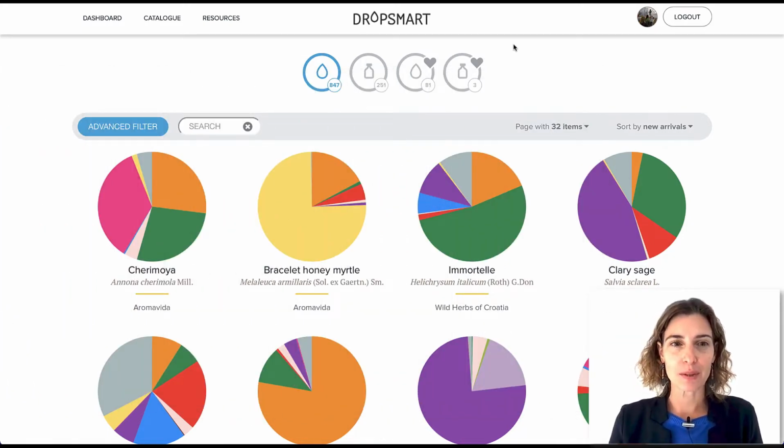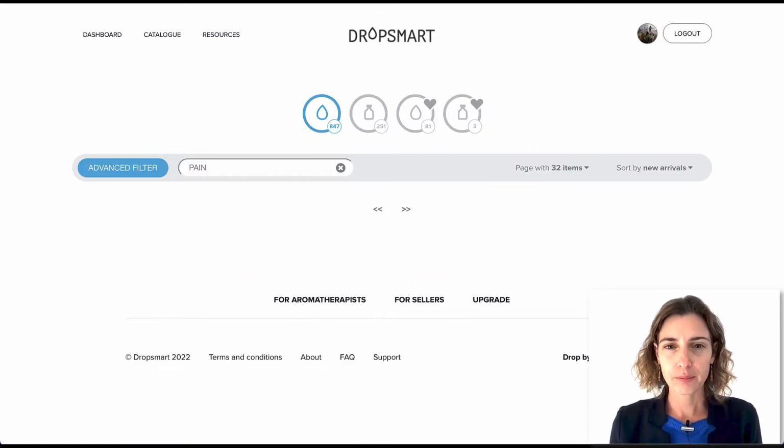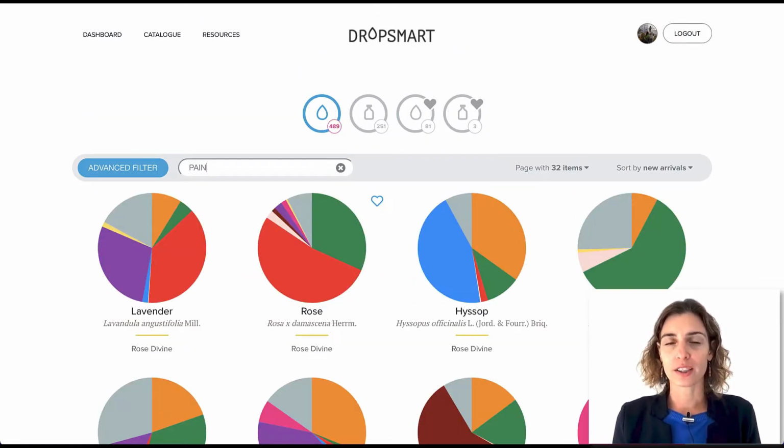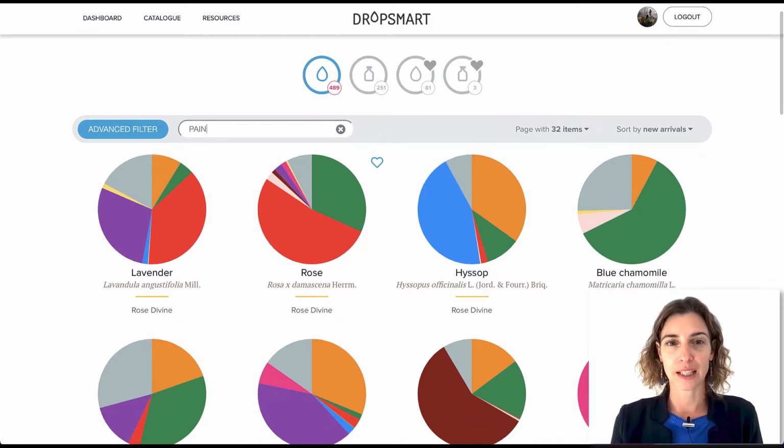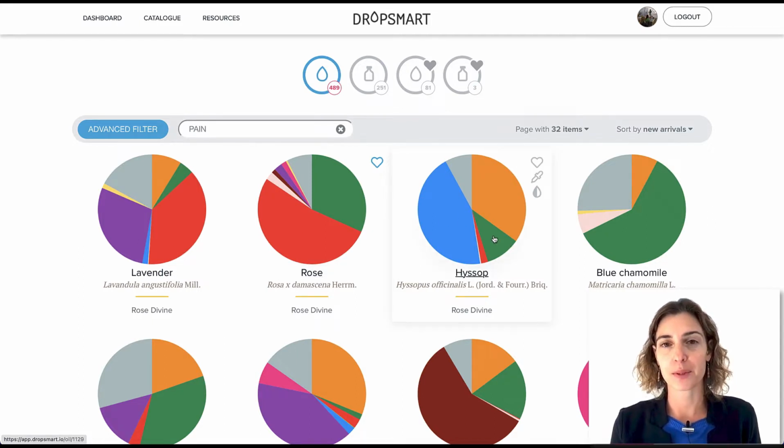So here in DropSmart, in the search filter, you can search for whatever it is that you need. Let's say you're creating a blend for pain. So out of all the oils that you might have available, here we have almost 500 different oils that are one way or another connected to pain and addressing that. So if you are not looking at the colors, and the colors here in DropSmart represent different groups of chemical constituents,